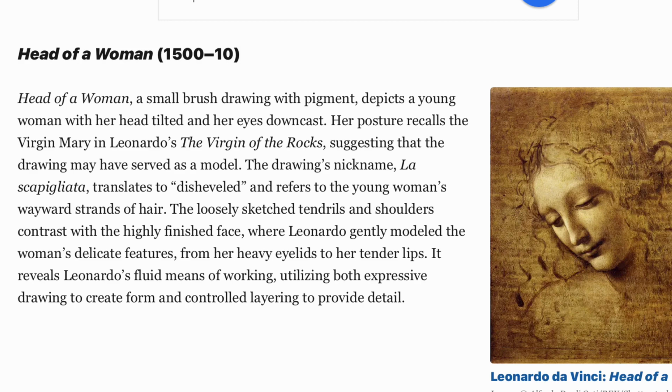Next famous painting of Leonardo is The Head of a Woman. A small brush drawing with pigment depicts a young woman with her head tilted and her eyes downcast. Her posture recalls the Virgin Mary in Leonardo's The Virgin of the Rocks, suggesting that the drawing may have served as a model. The drawing's nickname, La